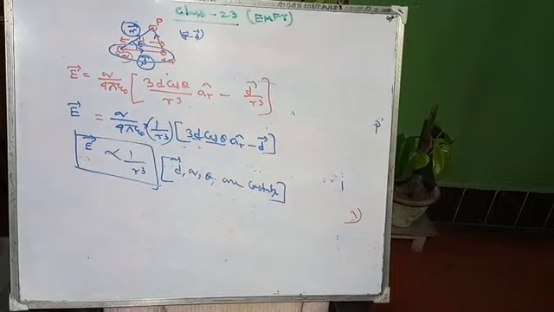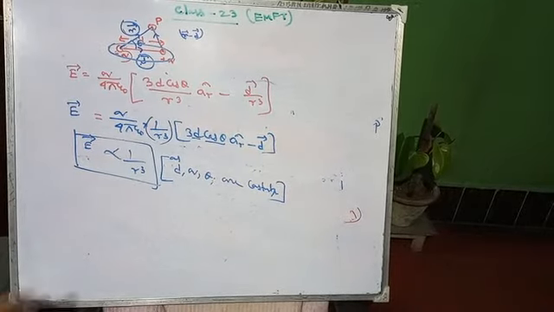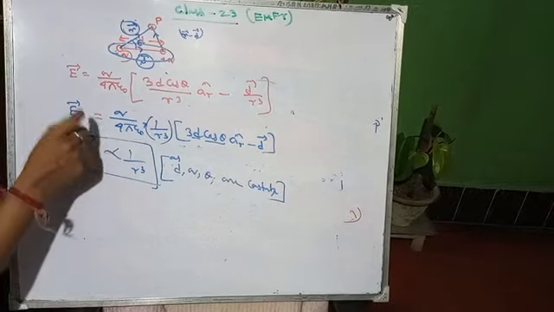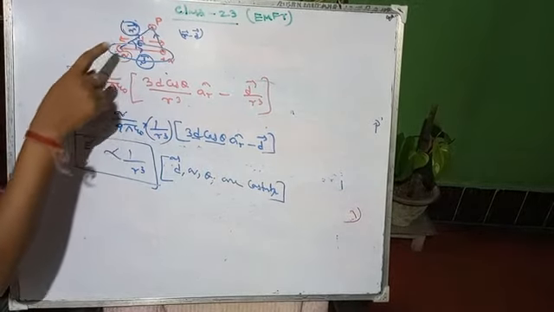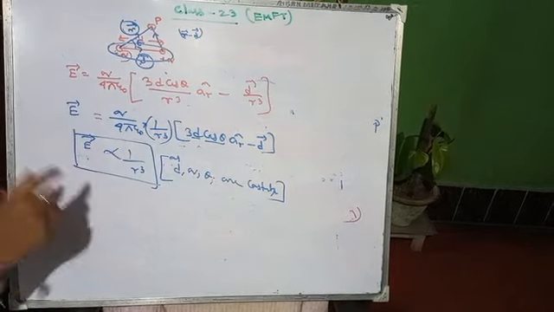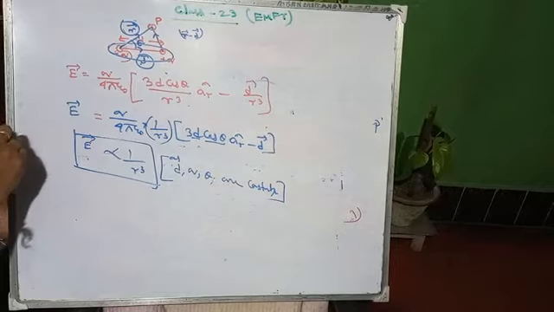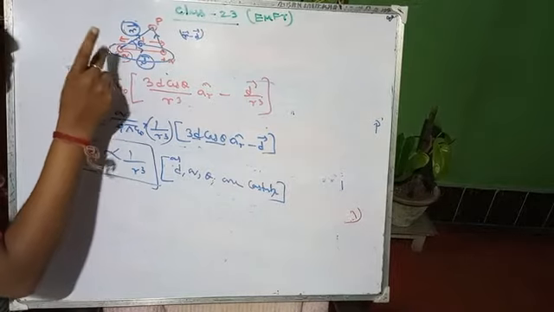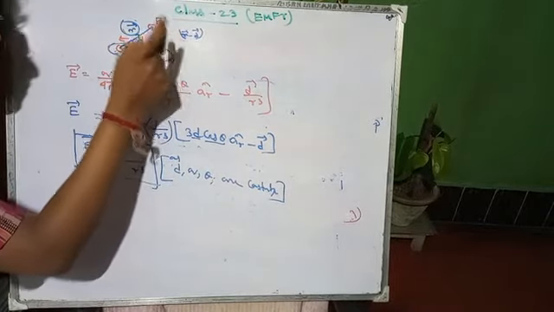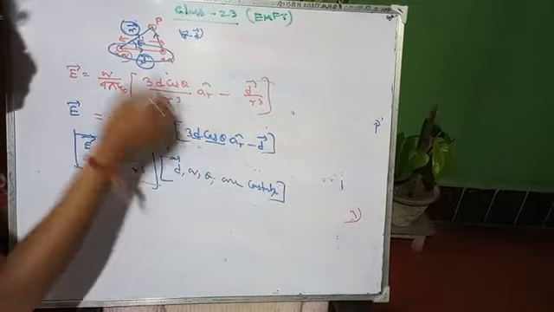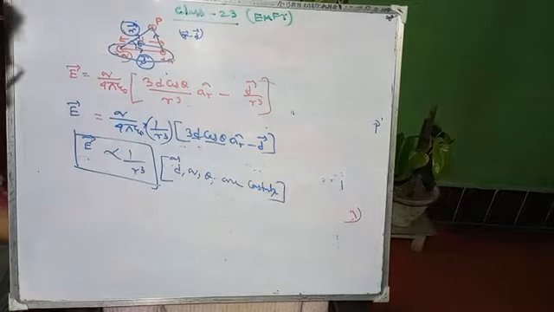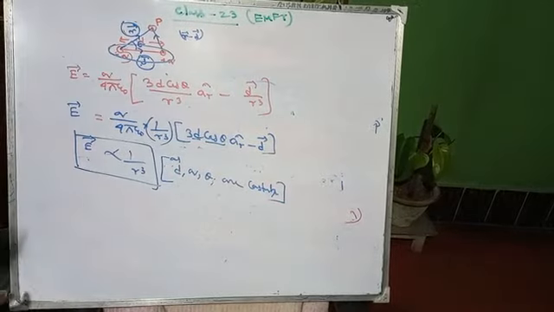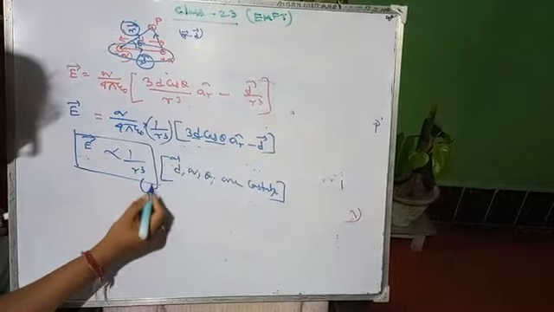So you can conclude that the intensity at a point P, which is placed at a distance r vector from the minus q charge of this dipole, will be inversely proportional to the cube of the magnitude of the distance between the negative pole and that particular point. So you have to prove it. Okay, so now it is proved.